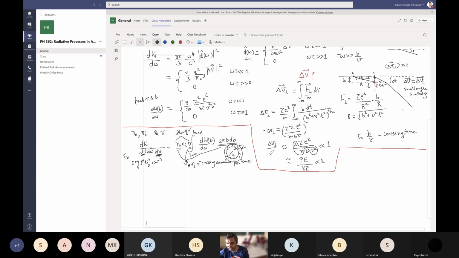The change in velocity. This is nothing but delta theta, or sine delta theta to be more precise. But if we assume delta theta to be small, this is V and this is V perp, and tan delta theta is equal to delta V perp by V. So if we are assuming this, this means that B